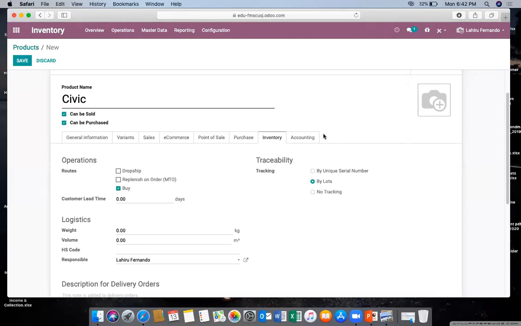When a customer comes with a defective product, in case the product fails, then in the system you should have a way to track which supplier you purchased this from. Otherwise you can't claim any claims customers are facing. So in this incident, you can use this by unique serial number or by lot, which